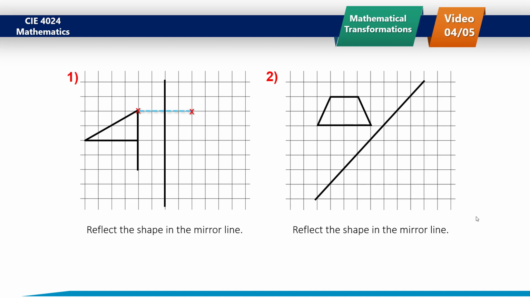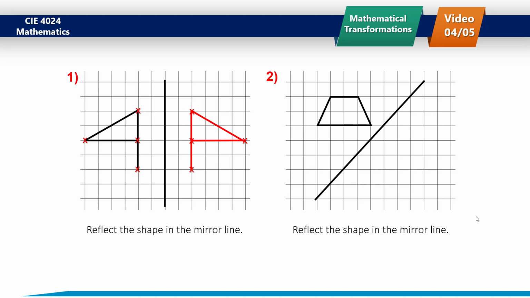Now in the same way we will take the other point and measure the perpendicular distance from the mirror line, and we will make another point which must be the same units away from the mirror line in the opposite direction. Now we take the other point, and we can see that the perpendicular distance from that point to the mirror line is 6 units, so the image must be 6 units away as well. Now the third point, it's 2 units and it must be 2 units after the mirror line as well. Now if we join these points, we have the image that is reflected.